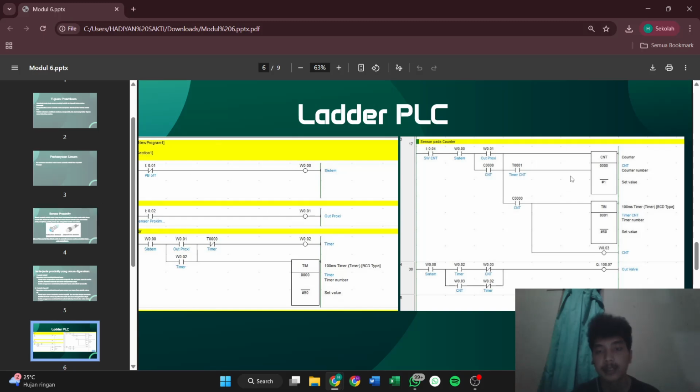Next is the ladder diagram for the PLC in the application, CX-Programmer. Proximity sensors are commonly used to detect the position of the pneumatic cylinder piston when the piston reaches